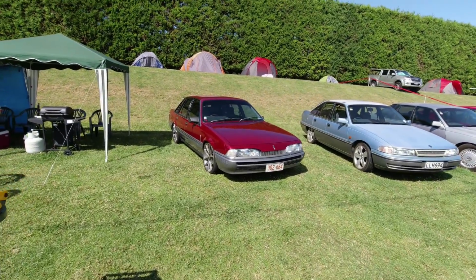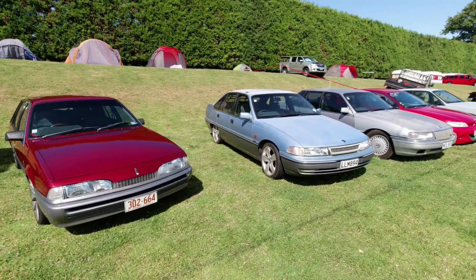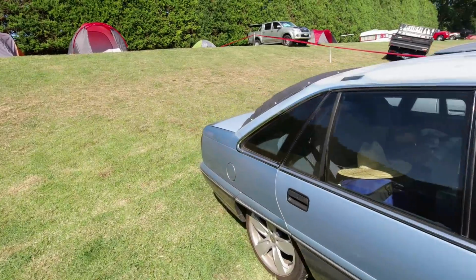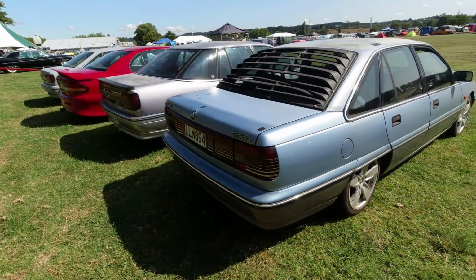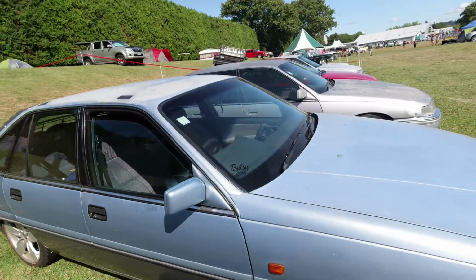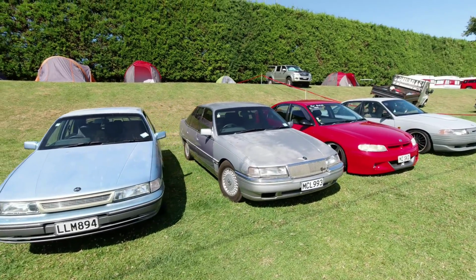So here is a VL Commodore. So these were the ones that used Nissan engines, although a V8 was optional. Is this a Calais or a Commodore? So these are based on the later Senator B body. That is a Calais. Love the louvered rear window. So again, very clearly start using the European body as a starting point, but creating something that looks magnificently Australian,